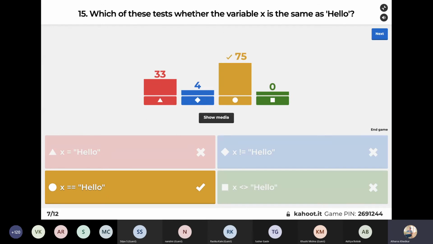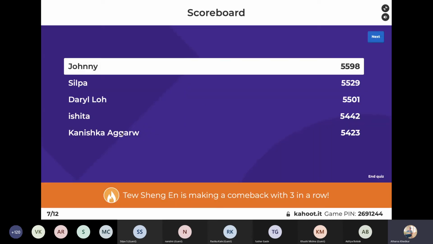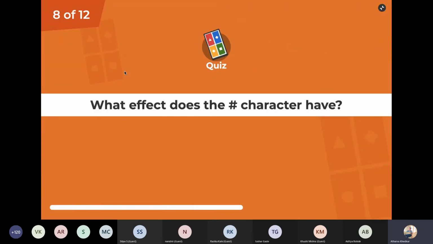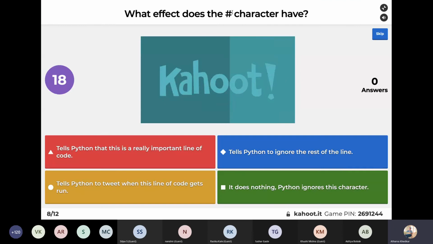Okay, it was to check if x is equal to hello, and the correct option is here. You have here is how you check it. Okay, you saw this symbol. So what the answer is?